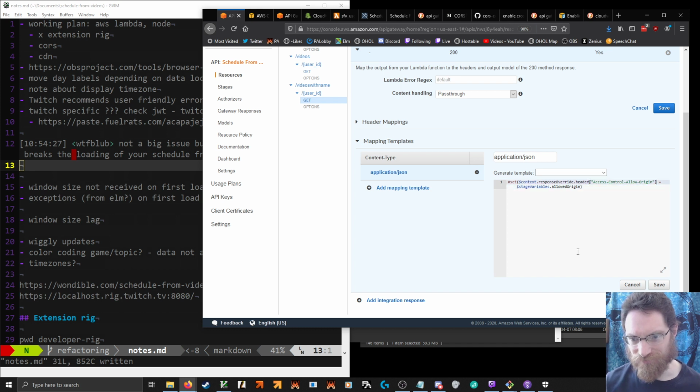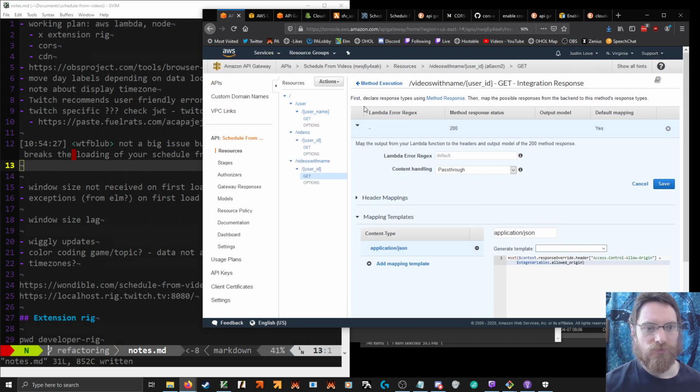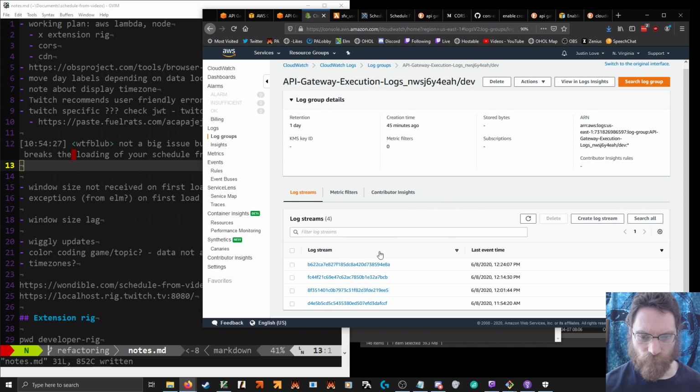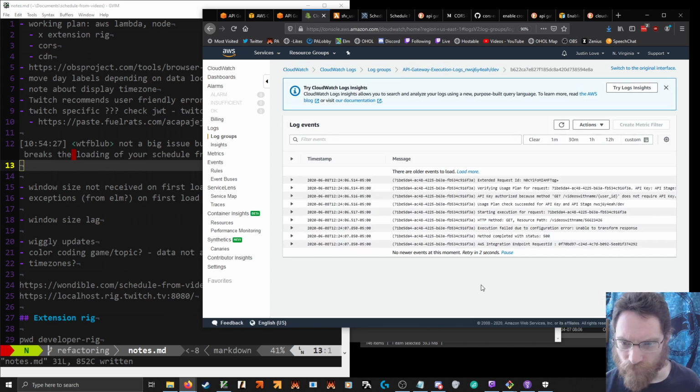No, that's the same. Yeah, that's just how this thing indents. Although, does that mean we have... Execution failed, unable to transform a response. Okay, so it did in fact not like that.